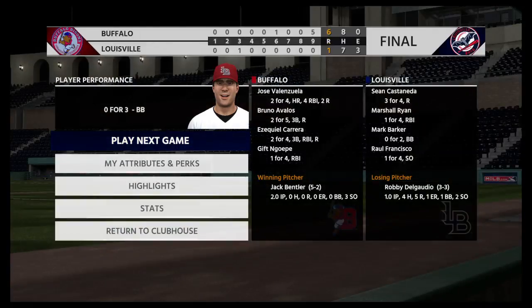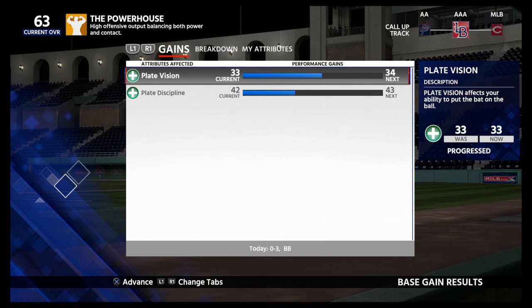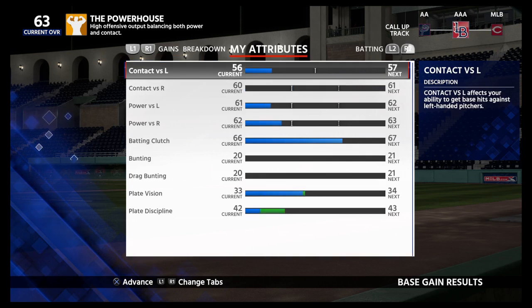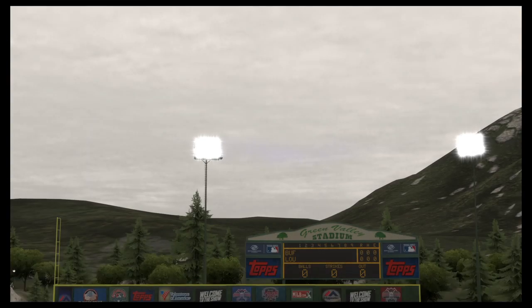And tonight's game comes to a conclusion, 6-1 the final. The Bisons came through when it mattered in the 9th on the way to the win. Jack Bentler earns the victory out of the bullpen, his 5th. So that'll just about do it. For Mark DeRosa, Dan Plesac, and our